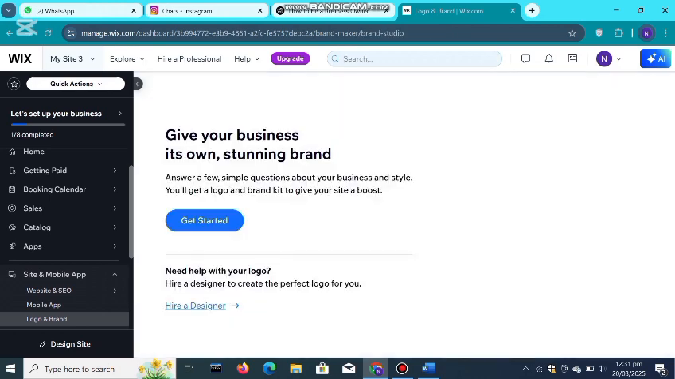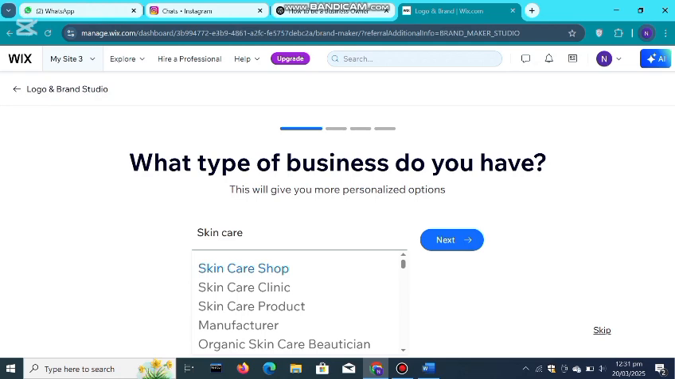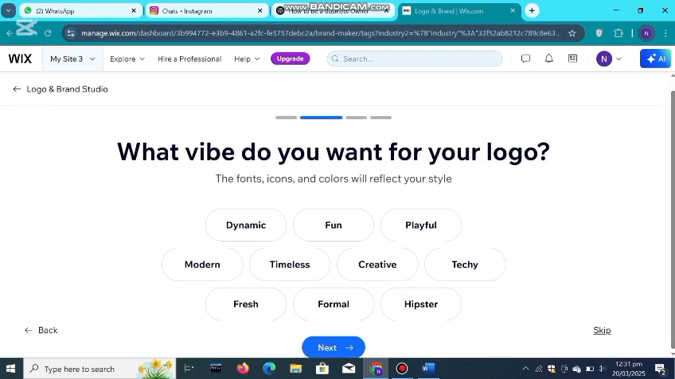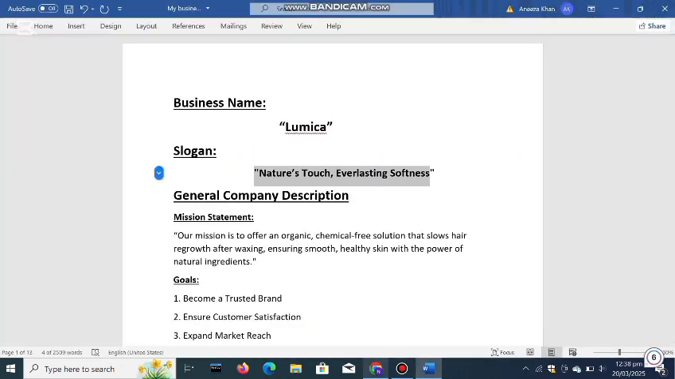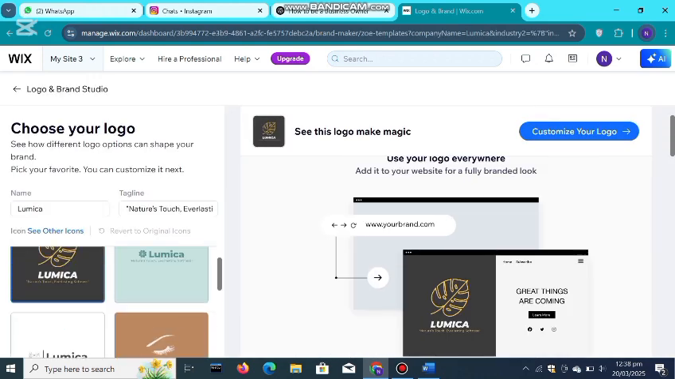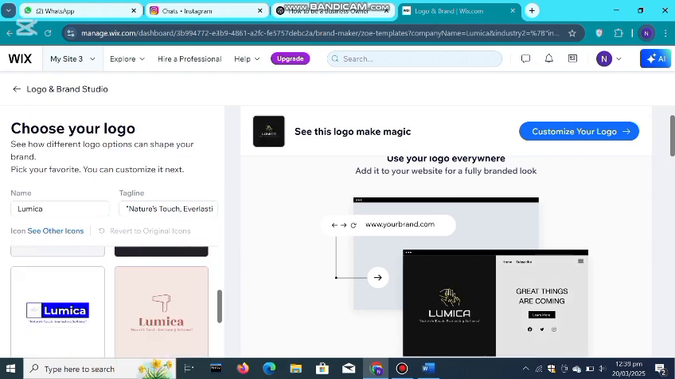Click on Leave and then Get Started. Write category of your business and then click Next. Select your vibe. Write text that you want to display on your logo and then write your logo. Here is your logo. You can download it as it is, or you can choose other options,